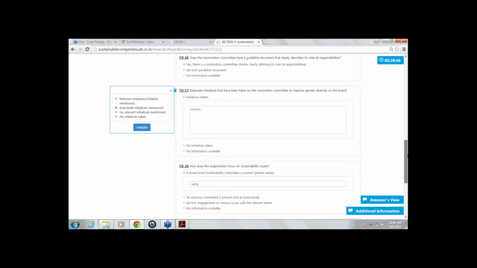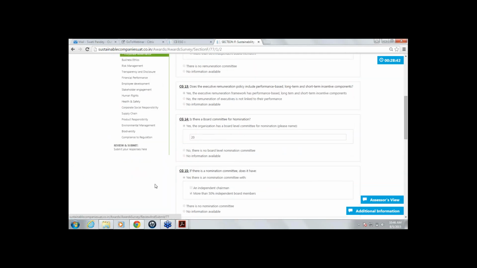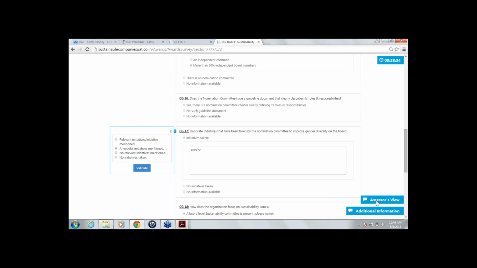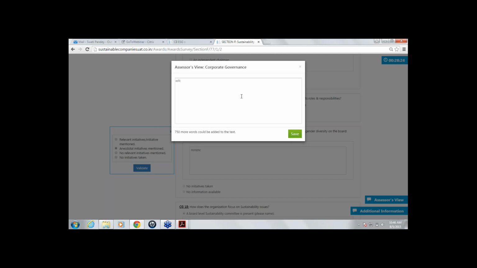Similarly, look at all the descriptive questions listed under each aspect and choose the validation. In each aspect, on the bottom-most left-hand corner, you will see two boxes. The topmost box is the assessor's view. This is where you type in your assessor's view, individually as well as after consensus has taken place. This box allows 750 words in text form. It is simple text; you cannot insert bullets or numbering. So you write your assessor's view here.